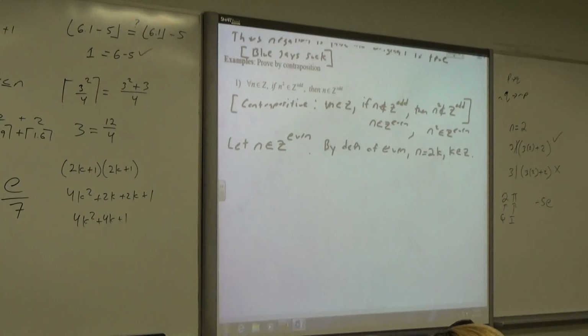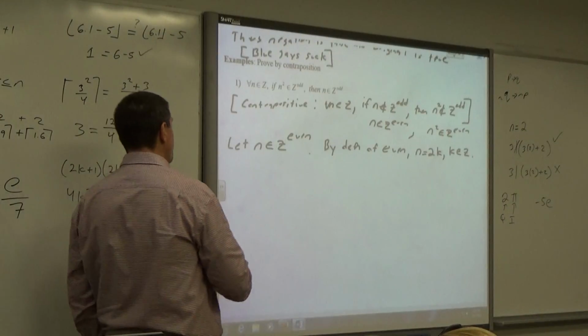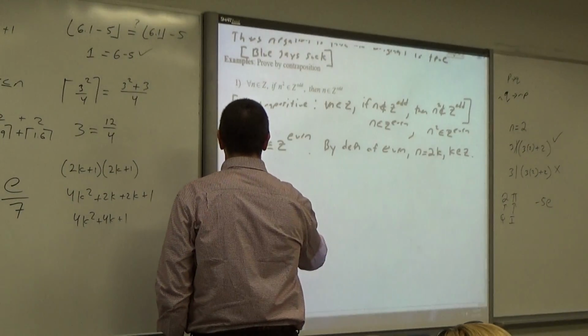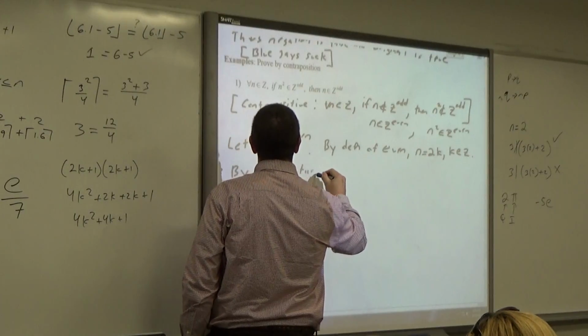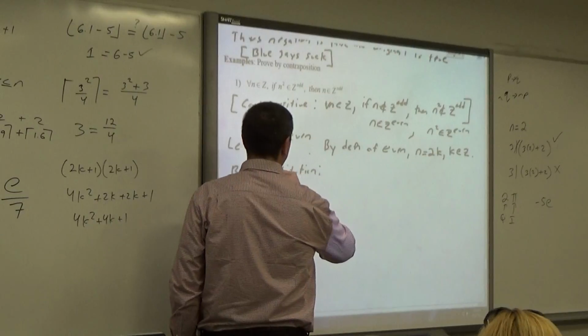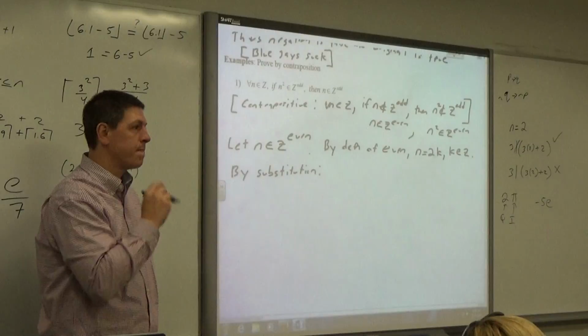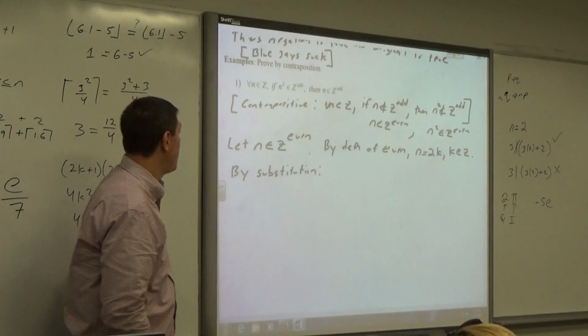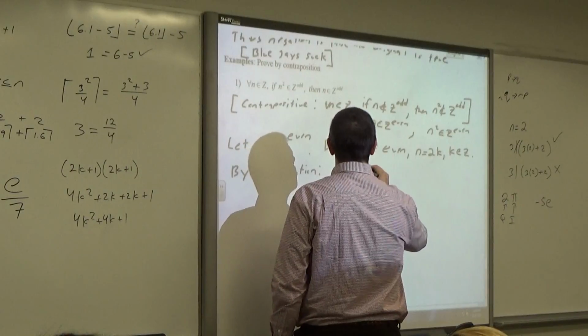Once we use the definition of even, what's the next thing we should probably do? Substitute, right? Nice. Guys, every time we have evens and odds, substitution has to be the next step. So by substitution, what are we substituting into? n squared. Nice, thank you. So by substitution, n squared is equal to the quantity